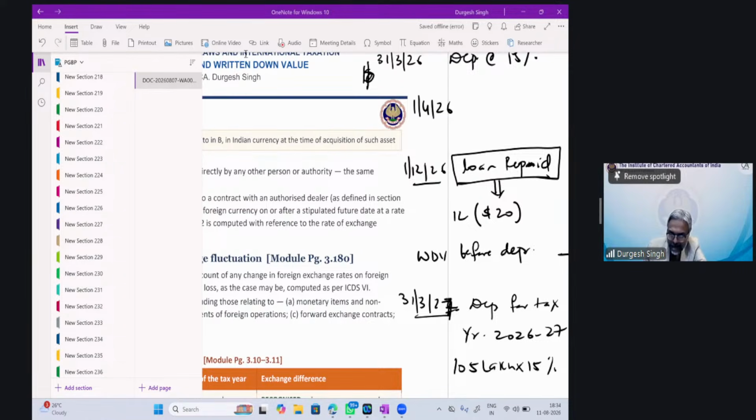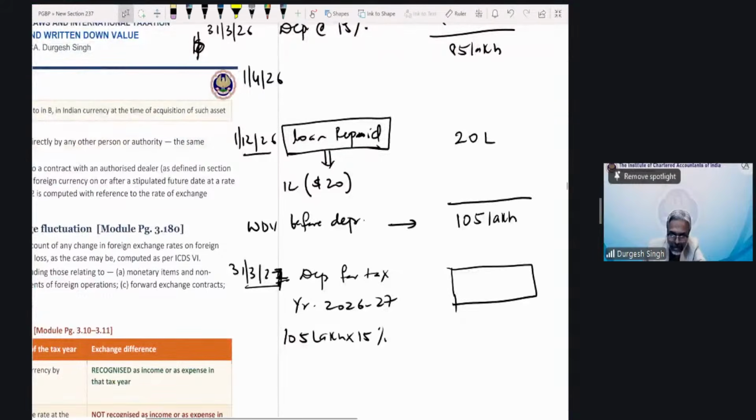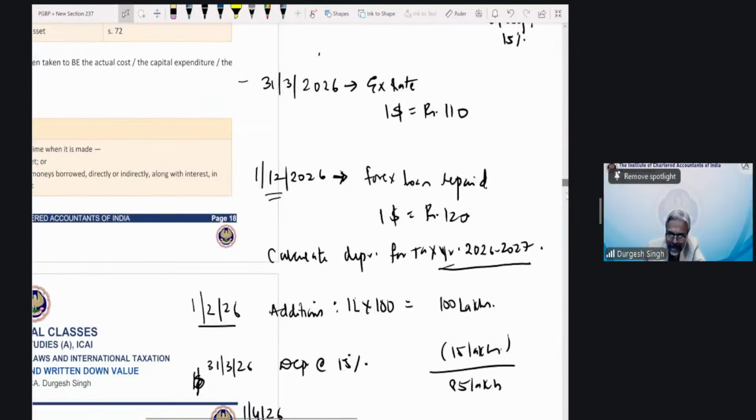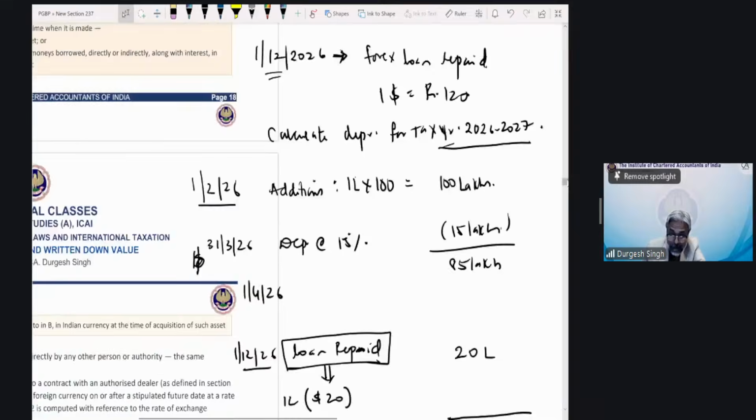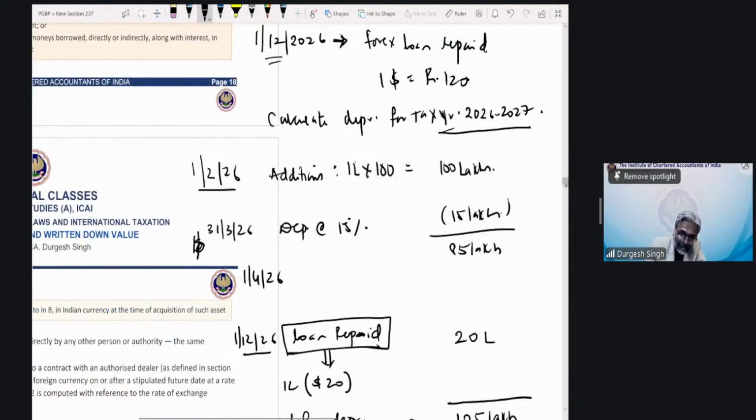If that be the case, students, just a second, we have goofed up here. In the previous particular scenario, you people have said this one. Student, this is not this one. This is 7.5%. Why have you taken 15%, students? This has to be 7.5% because the additions have been made on 1st of April. So just pay attention now. This precisely, student, is what needs to be changed.